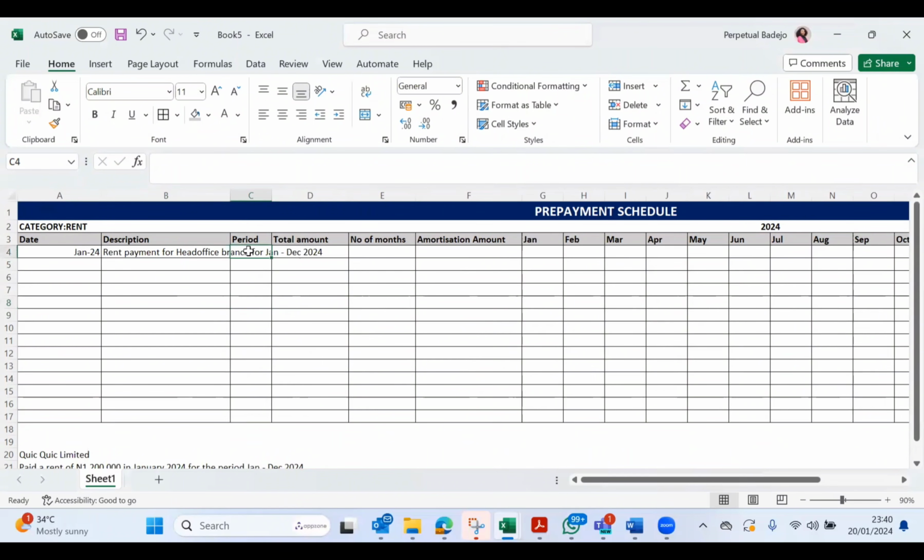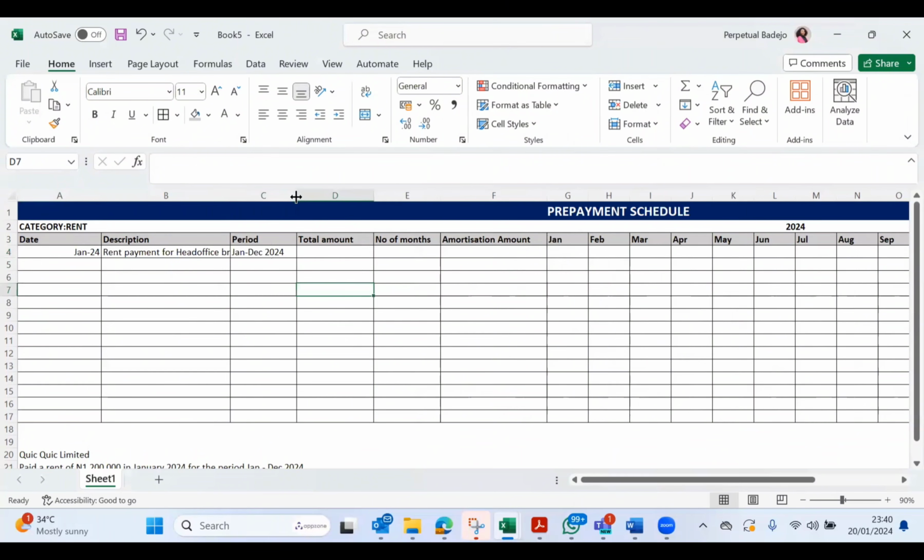The period: the rent is supposed to cover January to December 2024. You just want to put it there. What was the total amount that was paid? The total amount that was paid was 1.2 million. So you come here, let's just put this so you can see clearly. Number of months: how many months is the rent supposed to be used for? We have January to December, which is 12 months. You put it here. What is the amortization? Amortization is how much you'll be recognizing as an expense every month. It's going to be equal to this total amount divided by the number